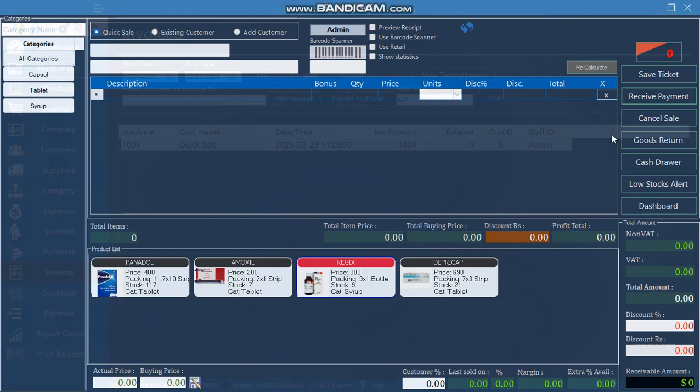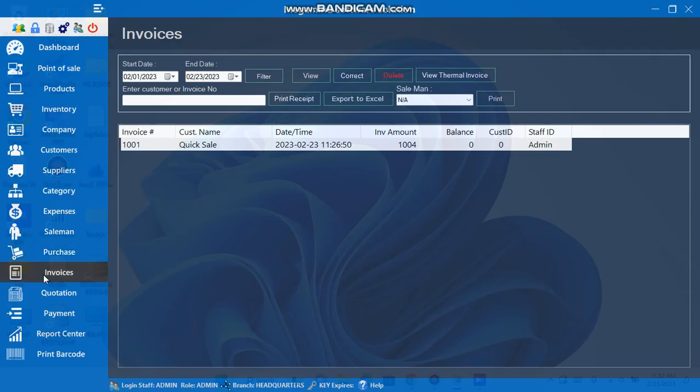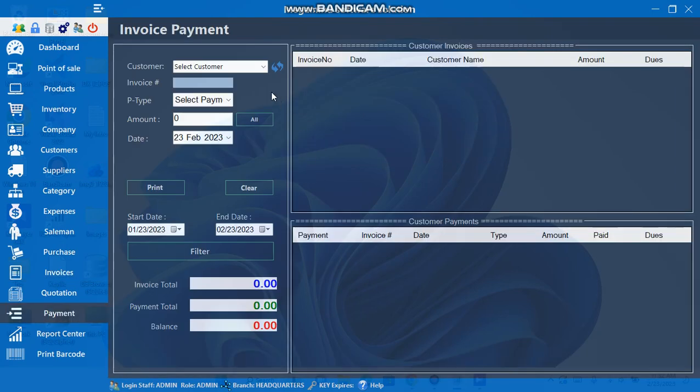Now save this, and let's come to this payment here. You can select Iqbal here, and you see that the amount of this invoice is 180, and it was bought from us on credit, so it is a credit type. So now you can